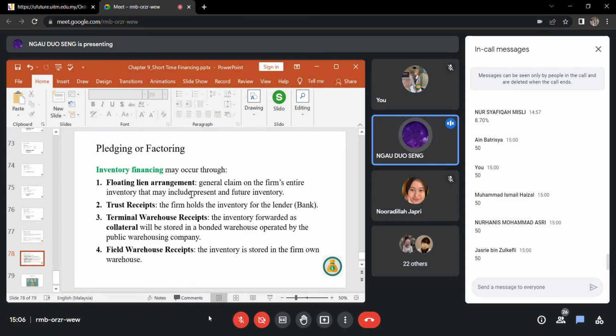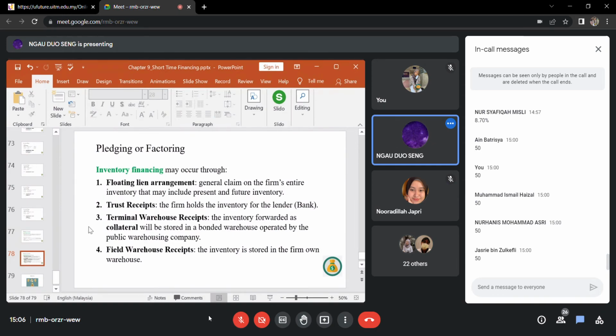That may include present and future inventory. Trust receipt, the firm holds the inventory for the lender. Right, this one is, although it has pledged or surrendered the inventory to the bank, the company still holds the inventory